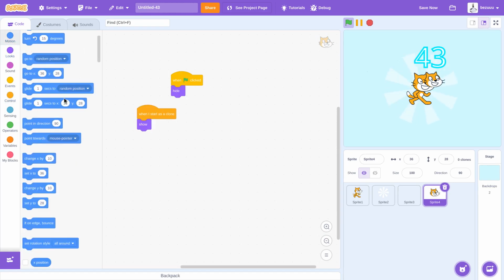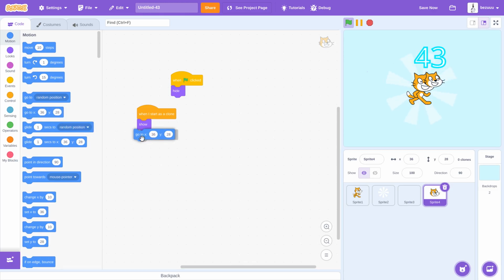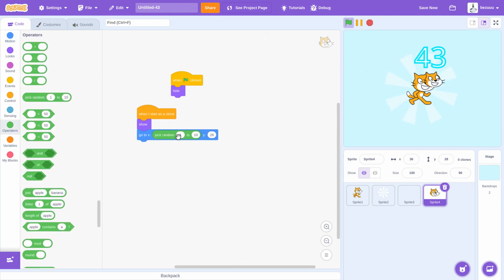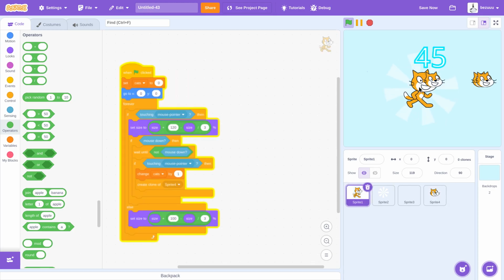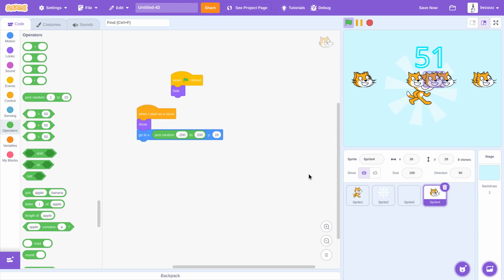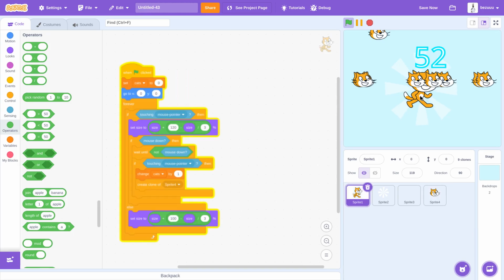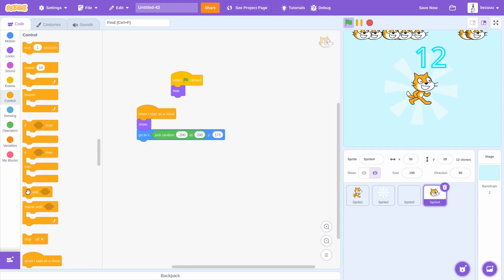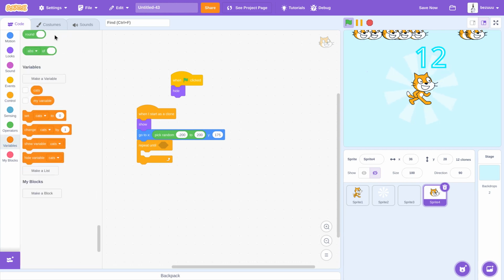and then go to X pick random, negative 200 to positive 200. So like this, so they all go like that, and then Y 175. So they spawn up there. So look, it should be looking like this, and then repeat until, making a gravity variable,